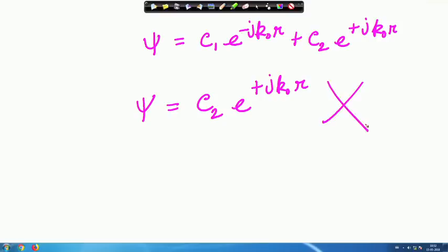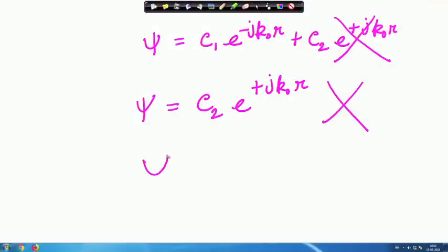So, that radiation condition says that this is not possible. This solution is not possible. So, the acceptable solution is